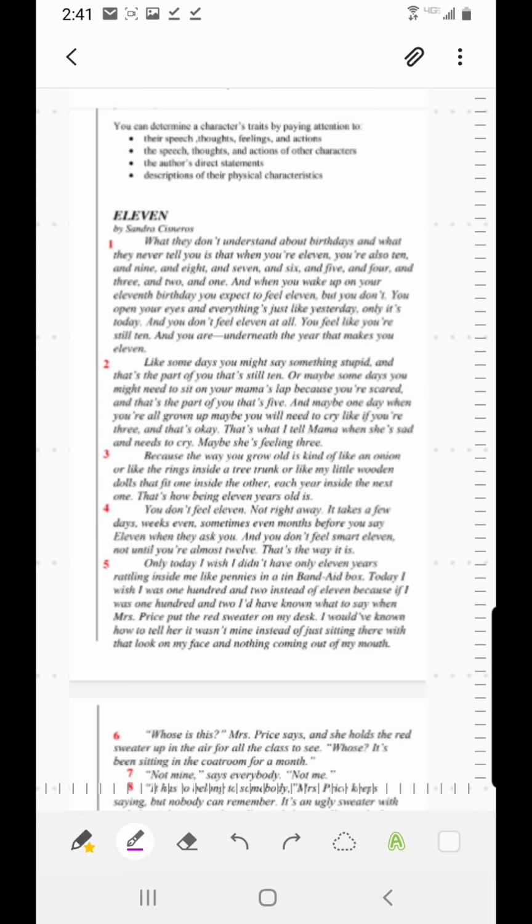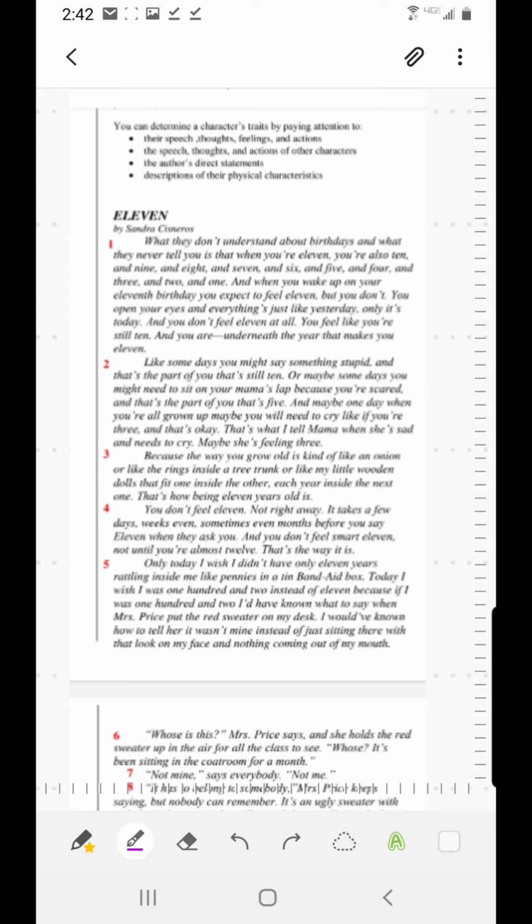And if you've skimmed it, it's really not difficult to read. It's actually kind of on a 6th grade reading level. But the overall content is not what we're really focusing on. What we're focusing on this week is characterization. Characterization is when you can assess a protagonist or some character in a literary piece and determine the qualities about that character that help the reader understand his or her personality.